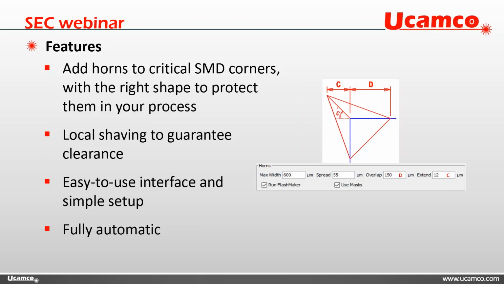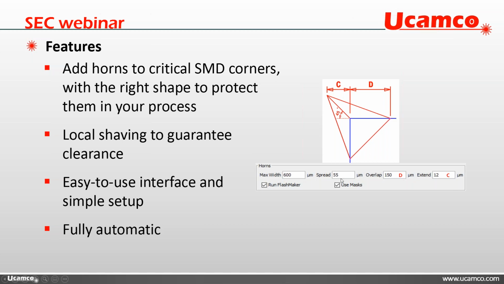Here's just a sheet to say, okay, what are we doing? So we are adding these horns to the critical SMD corners. What we're actually doing there, you see over here the easy to use interface, the horns. Actually what you do over there is that you say, okay, I have a certain small pad. So you can actually set a maximum width, which in normal circumstances would be maybe 300 microns,